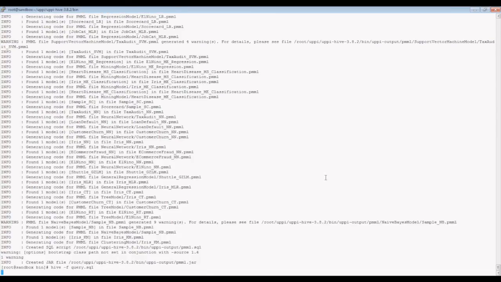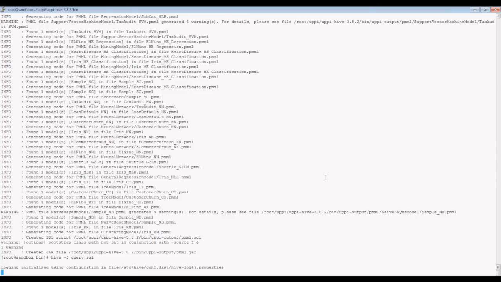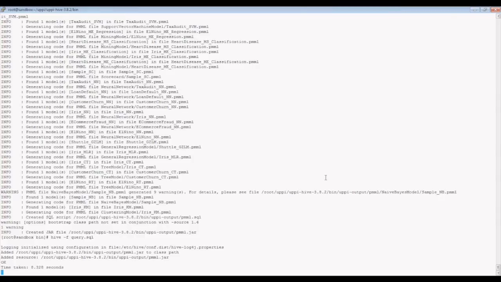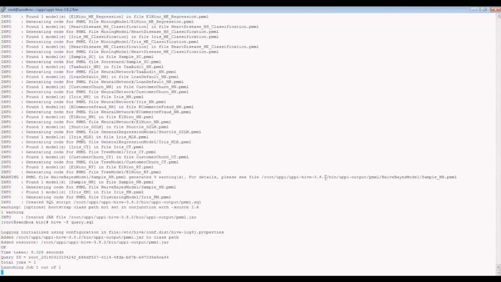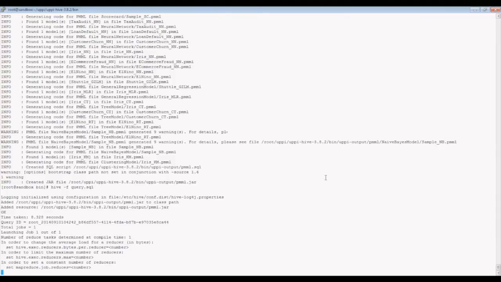Here you see we're typing in the query example, which of course will take a little bit to start up on our little sandbox here, but it will just take the jars that we created with PMML preparation. We'll create the UDFs out of that, and then kick off and fire the query. The query you will see in a second on the screen. It will create the MapReduce job, and then start the MapReduce job, and give you all the information as it goes through that, and eventually it will produce an output.